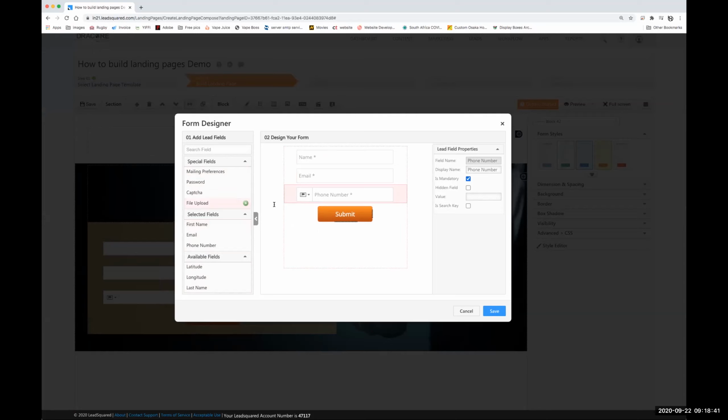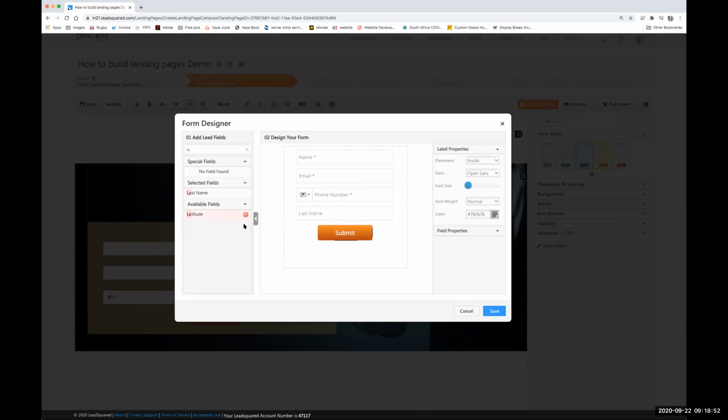Simple click there. If you're wanting to add more fields, on the left hand side here, we can do a quick search for, say, a last name. And click the plus sign, and it adds it here. If you click on the arrow tool here, you can click and drag it and move it to the positions you want. And these are all your lead fields that are already in your system. If you decide that there's something that's not here,